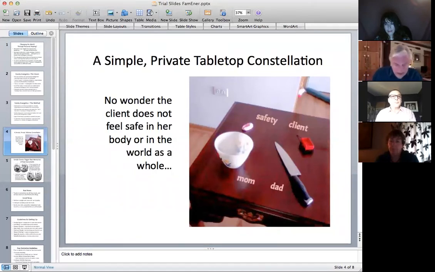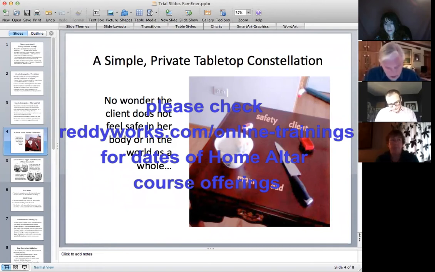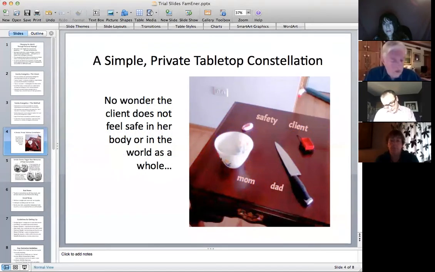Okay, so that's chapter 4, the home altar chapter. Basically, we follow this class up starting September 28th with a 7-week home altar. It's really a practicum. Everybody who wants to sets up their own constellation, sends the pictures into Facebook, and we all help. We all look at them. We all help process them. It's really a very powerful experience for people. And frankly, if you've been trained in group constellations, I really recommend this, because it's going to take certain kinds of pressures off of you, and you're going to have a chance to develop.